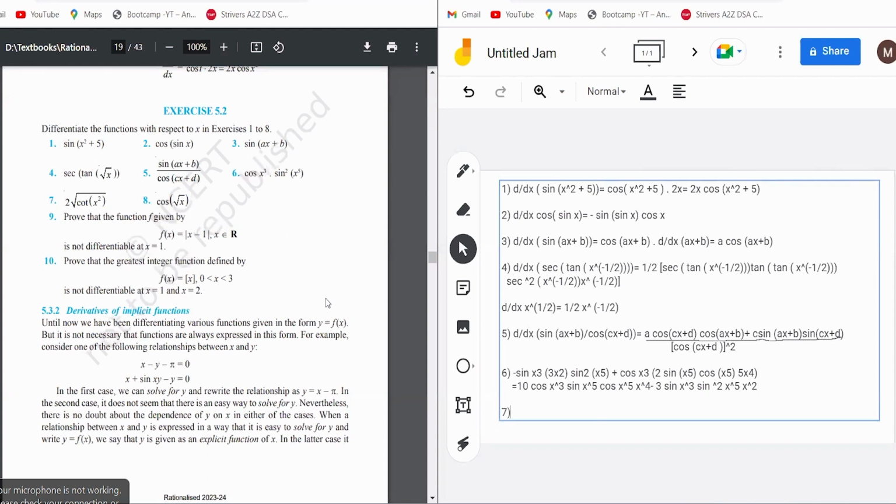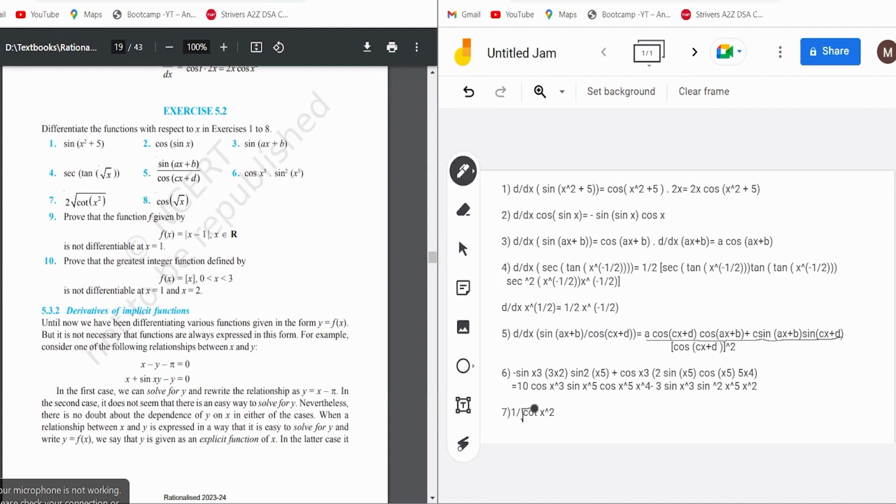So 1 upon 2 and 2 will cancel out. So what will be left? It would be 1 upon root of cot of x square. इसका root मतलब let me draw the root. Okay, so it would be 2 times 1 upon 2 root of cot x square. So 2 and 2 will cancel out and we will get this. Now moving ahead,